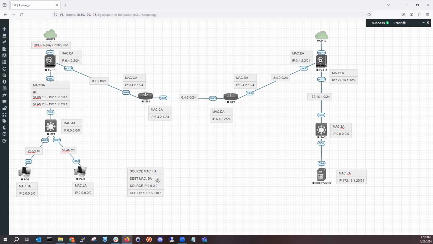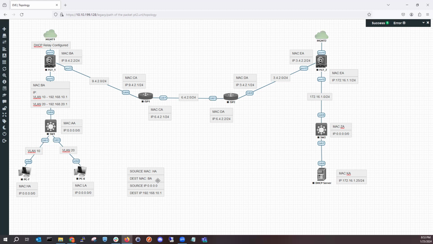Correct. Okay. Excellent. So this is actually incorrect. Let me tell you why. Do you understand the DORA process as it relates to DHCP? The first step would be to discover. And what is a host going to do during the discover phase? It's going to send out a